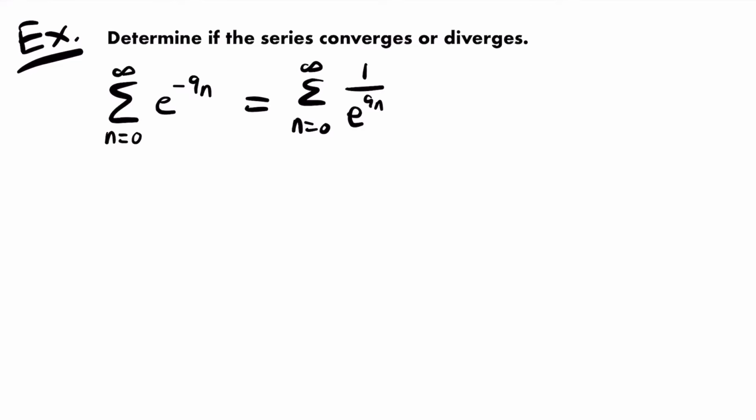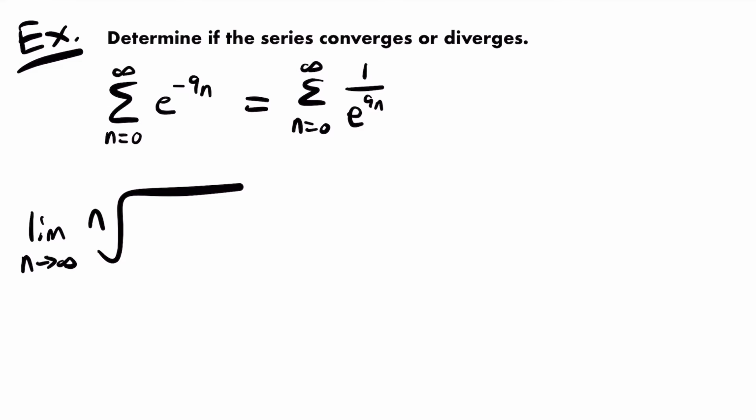Okay, and so now I can see that we have a series that includes a power of n, right? We have e to the power of 9n. And so we should be able to determine if this series converges or diverges by using the root test. All right, so if we look at the limit as n approaches infinity of the nth root of our sequence